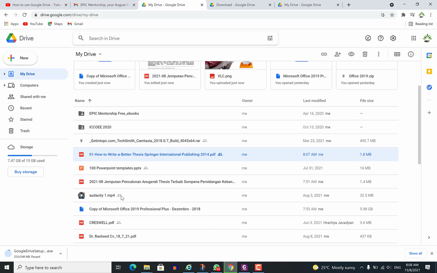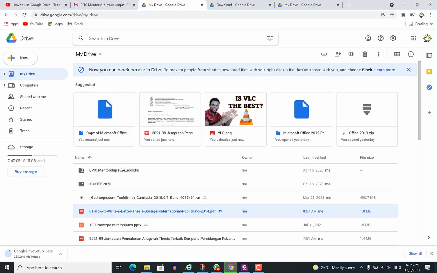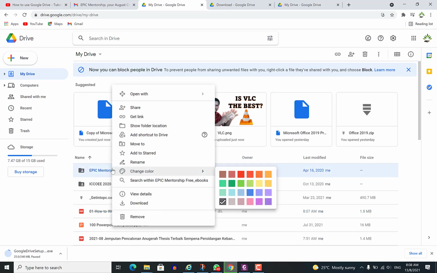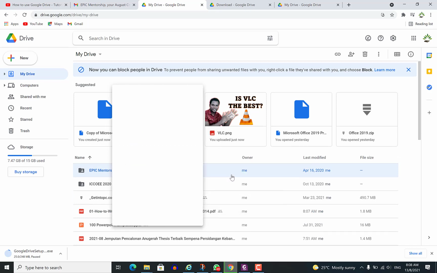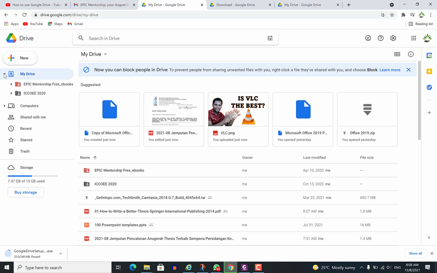Once it is shared, you will see this icon shown here. So you will see that these are shared files, and these are not shared. Once you click, you see the people that I shared the files with. Once you click any particular folder, you can check its properties. You can even change the coloration so that you can easily see which folders you can easily access within the files. So you check here, you can see it colored directly.